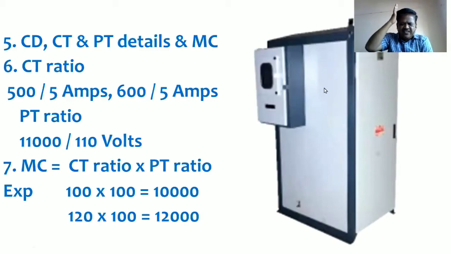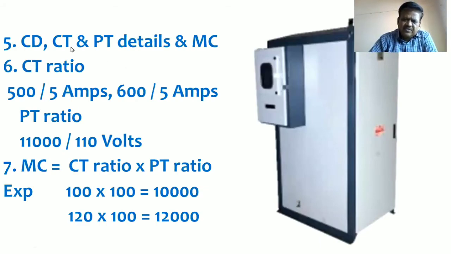This you can see at each and every site, in each and every substation and power station. On the HT consumer side, it is clearly written: CD 500 kVA, CD 1000 kVA, CD 3000 kVA. If it says CD 1000 kVA, it is understood that the customer has been sanctioned 1000 kVA power from the EB side. That is the meaning of that.